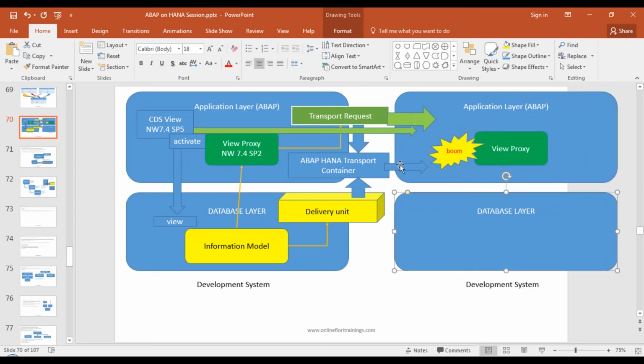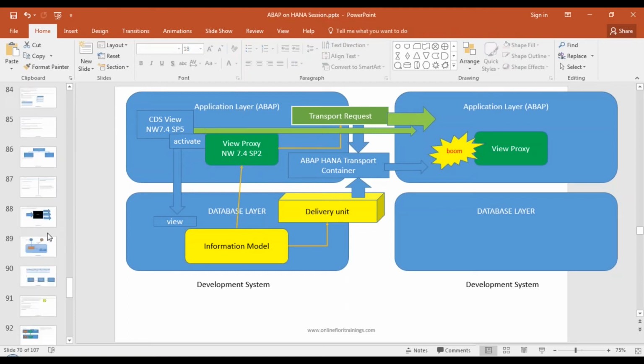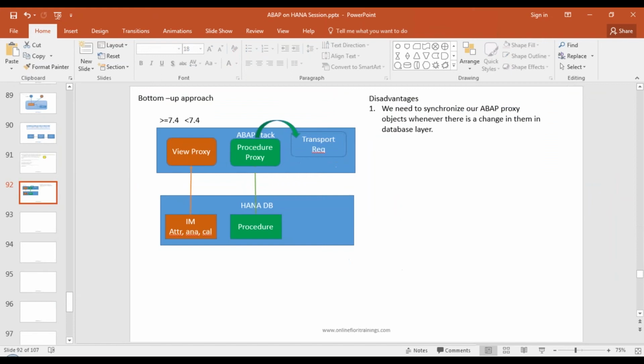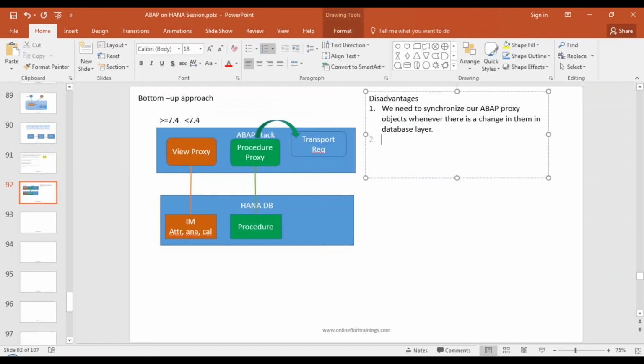Lifecycle management is a challenge. Is that clear to everybody? You always have to keep both the objects in sync. Point one, you also make sure that your HANA object is also transported along with your ABAP object. Lifecycle management is also a challenge when it comes to proxy objects. So this is the second disadvantage.